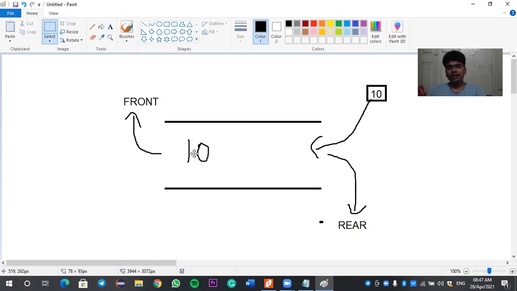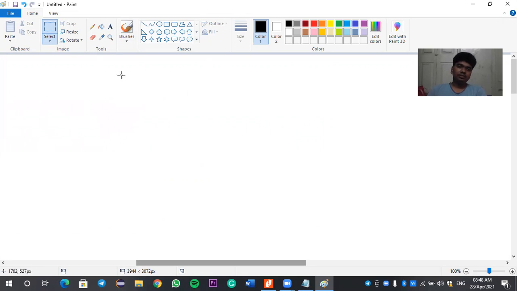It depends upon the size of the queue, and then it will reach the top of the queue. If we need to delete an element in this queue, we use the dequeue function, that is for deletion, and the deletion will be done through the front. Then this 10 will move from the front value to outside and get deleted. In this way, both insertion and deletion will be done in this queue.